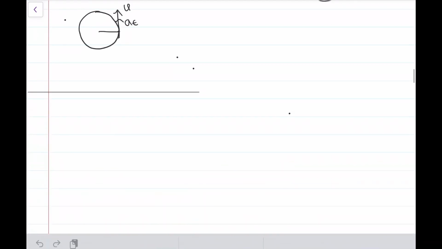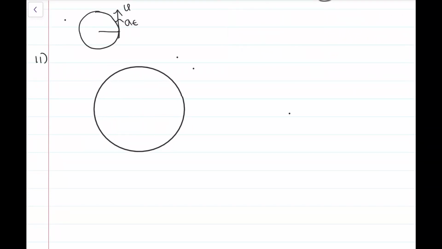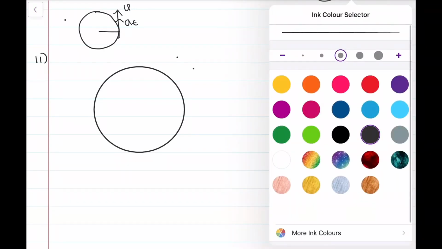Next, for problem number 11. A particle moves in the xy plane on a circular path of radius 10 centimeter with a center at origin with a constant speed of 20 meter per second. Its velocity vector at a point with coordinates 0, 10 meter is asked. If its angular velocity is along the z axis, that is nothing but perpendicular to this plane.